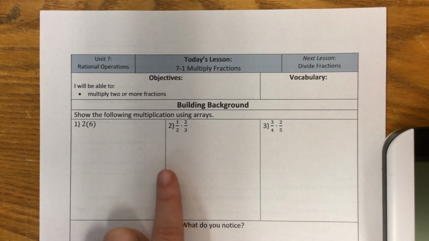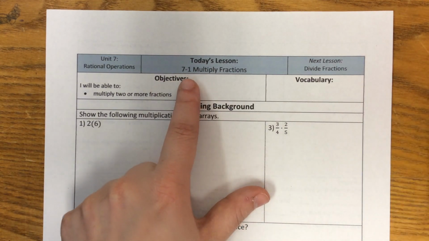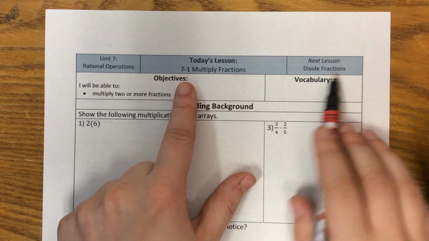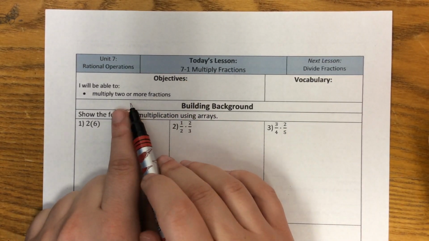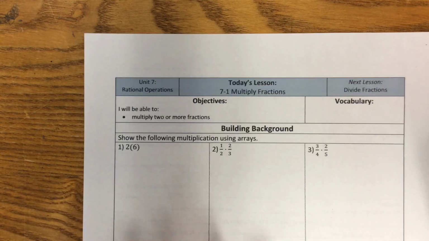All right, welcome to Chapter 7. We are doing 7-1, multiplying fractions. Our next lesson will be dividing fractions. So we have no vocabulary this lesson. Our goal is we'll be able to multiply 2 or more fractions. And I think all I did on here was 2, but technically you would be able to do more